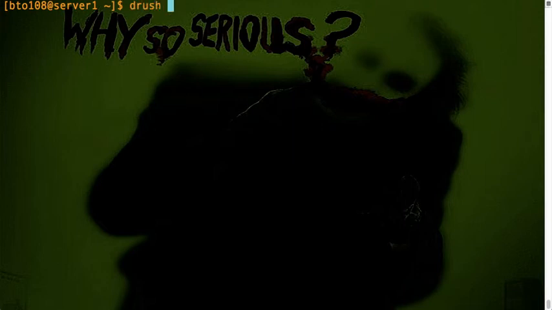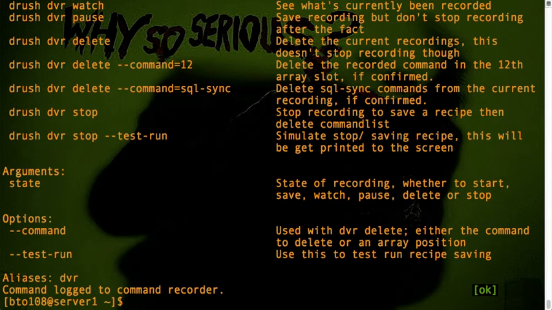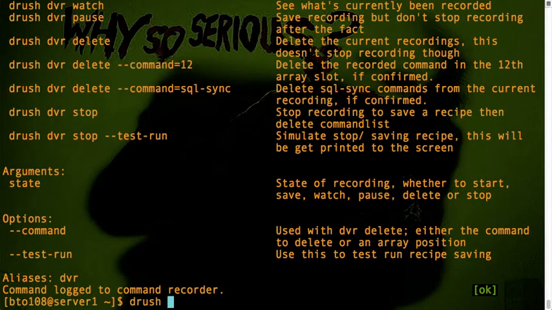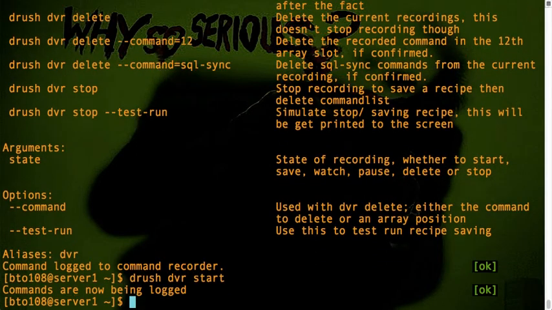This command is going to cover the Drush DVR portion of the Drush Recipes command. If we open up the help, you can see we've got a lot of subcommands under DVR: start, save, pause, watch, delete, and stop. Basically, you're creating a DVR, kind of like your digital video recorder, except it's going to record all the Drush